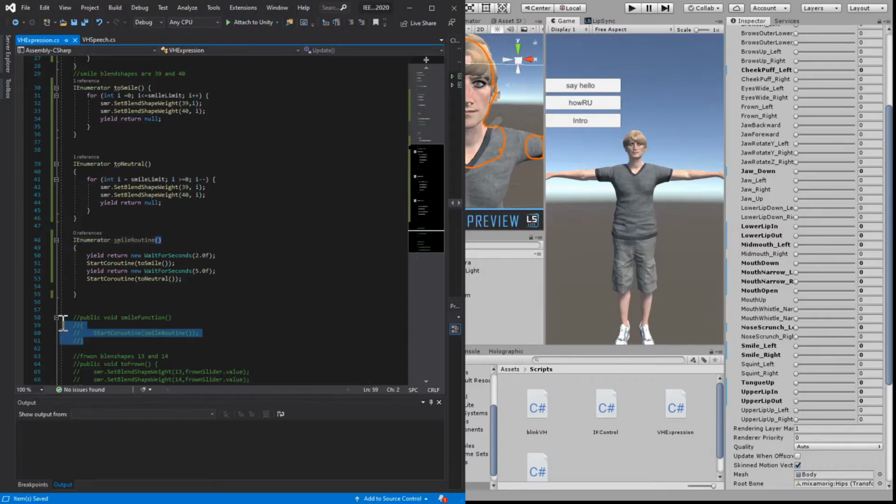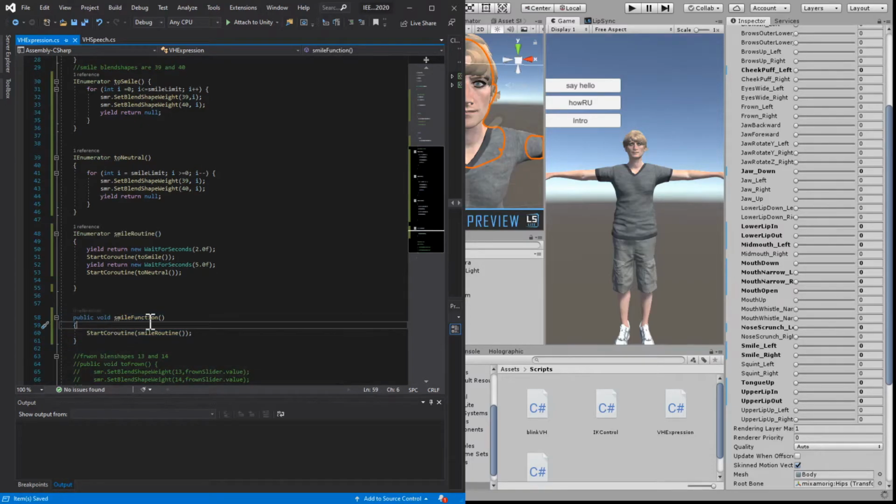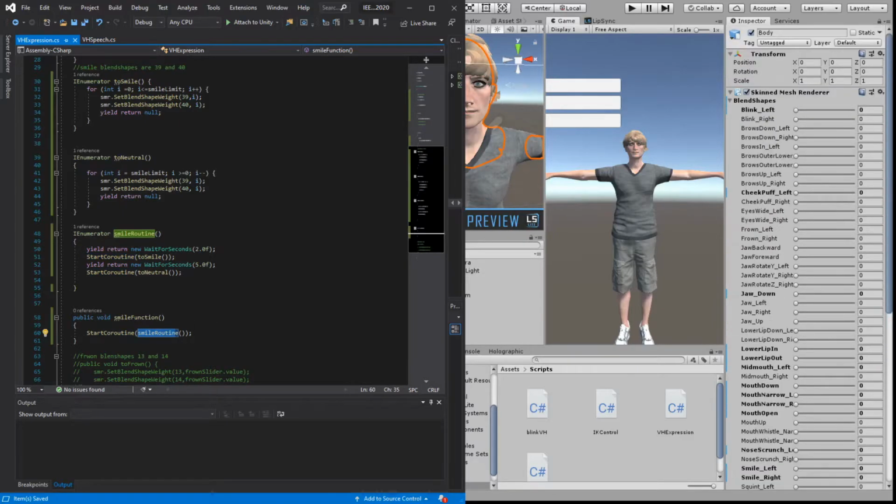So I need to create this function over here. I just uncommented this. This smile function is basically going to call the smile routine coroutine. So now I have my smile function, which does the transitions